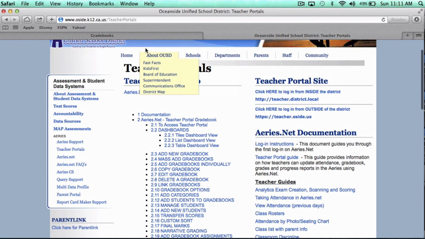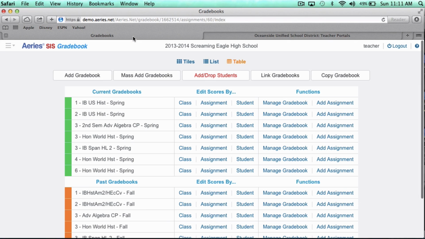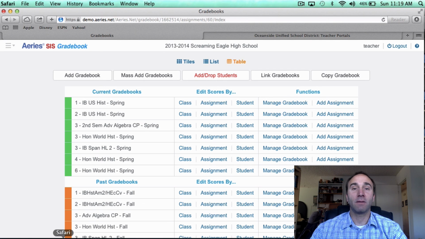If you have not used the Aeries Gradebook before, I encourage you to reconsider using it. If you have used the Aeries Gradebook before, I hope you appreciate the improvements that they have done to their gradebook. If you have questions about this gradebook or Aeries in general, please email